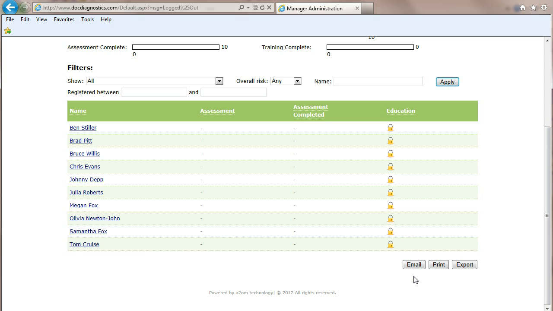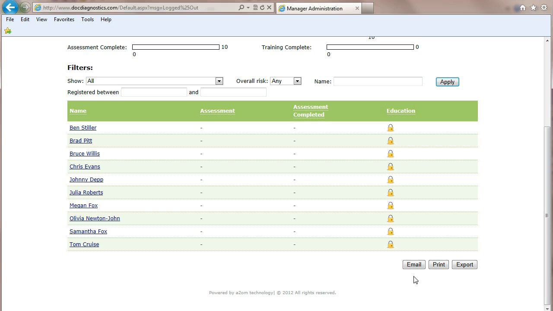However, so you've got a company of 150 people and you send an email out to everybody saying please register using this unique license number, and then you log in to the system a week later and only 135 people have registered, it would be probably quite difficult for you to work out who the 15 people are that haven't registered. So in this case, it'd be better for you to upload all 150 people immediately